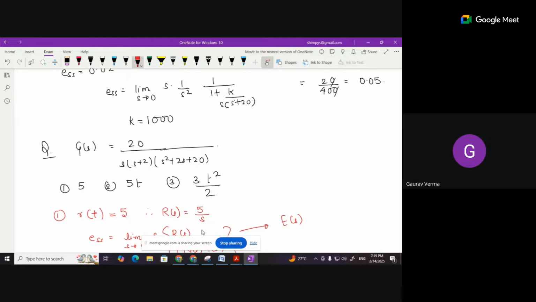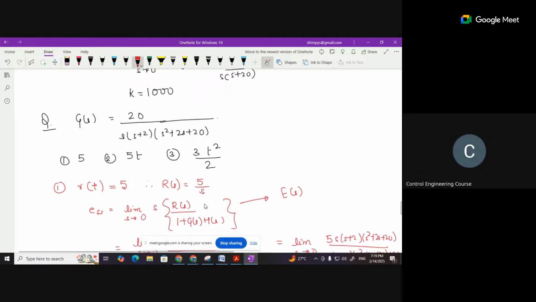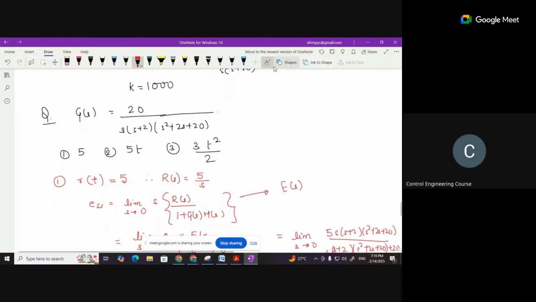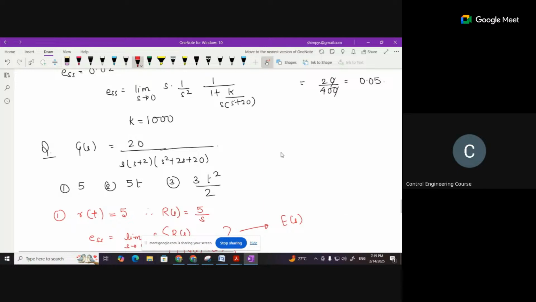So this is a type 1 system, right? See, if we want to generalize, as you might have seen in the videos, for unit step, if you're talking of type of system, type 0, type 1, type 2, right? If we talk of this, then for unit step,